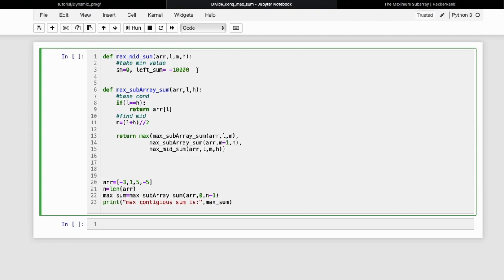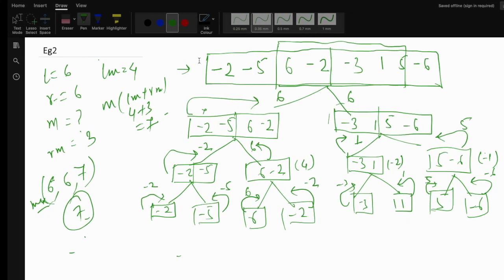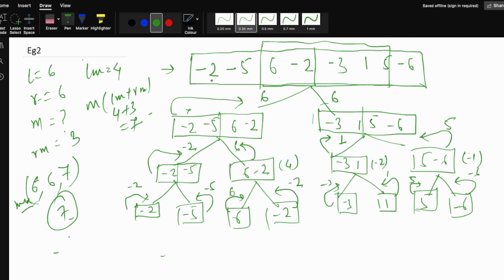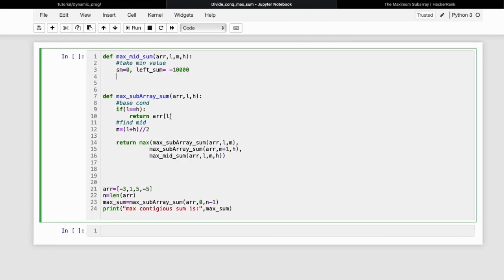Now I have to iterate for the left part. I have to iterate from the middle to the very first index. So let me apply the for loop.